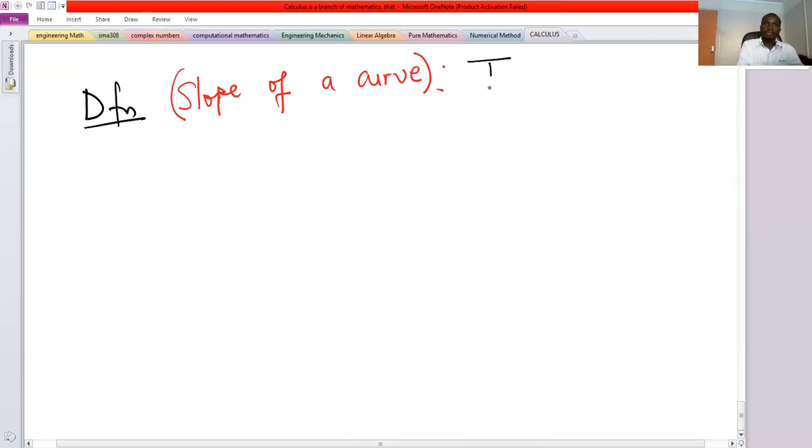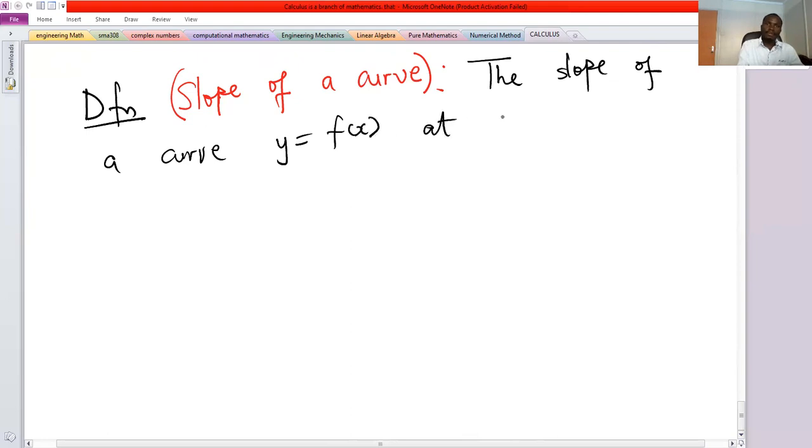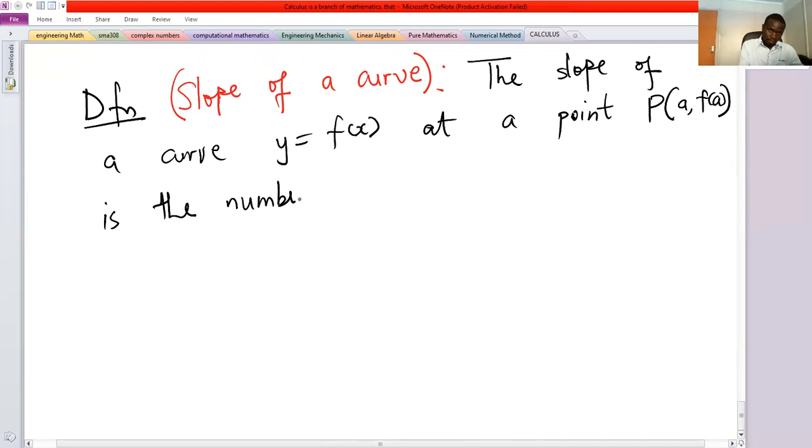So the slope of a curve y equals f of x at a point P, a comma f of a, is the number m given by